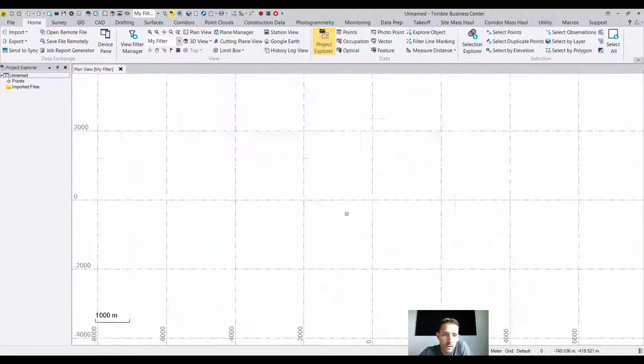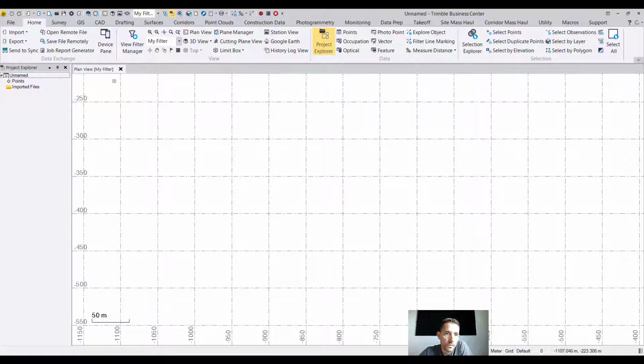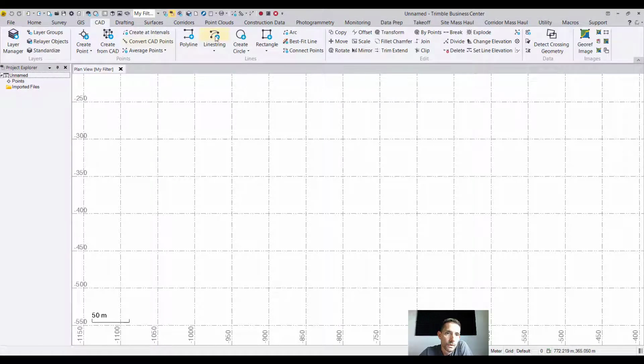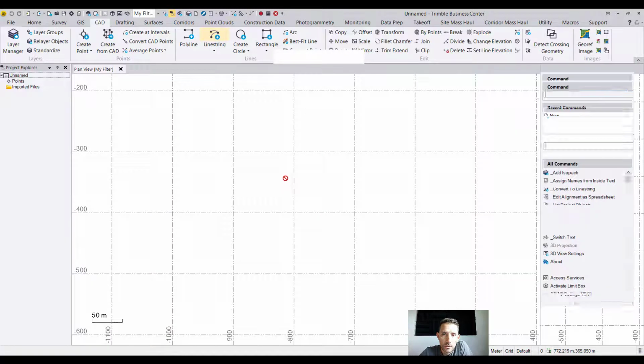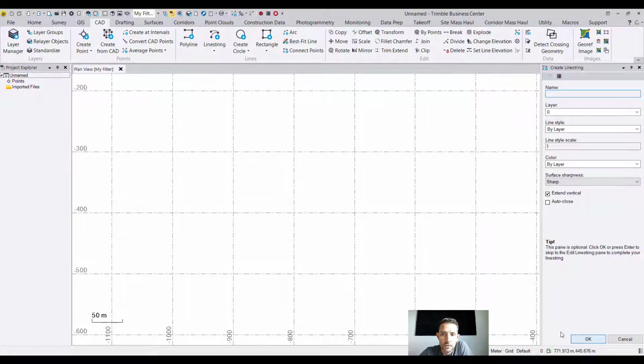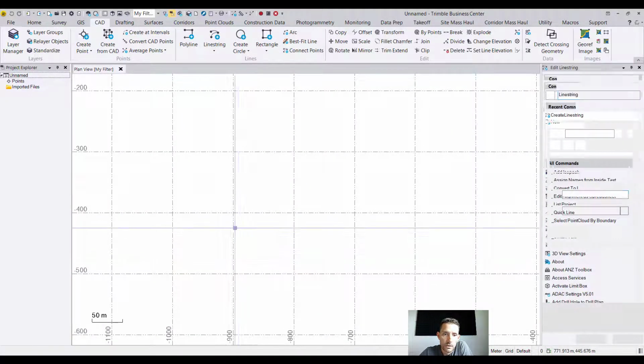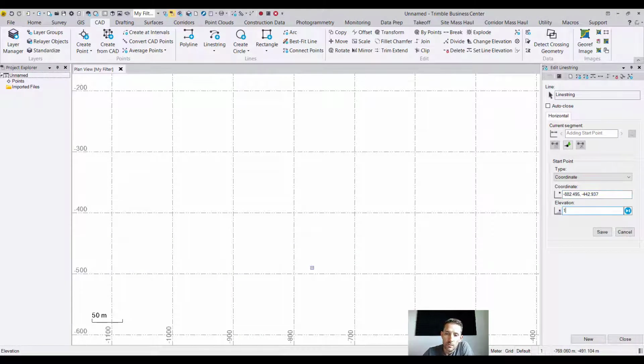I'm going to zoom in to 50 meters, and let's say create a polyline, line string, on layer 0, that's okay, and here we go. So with 100 elevation,